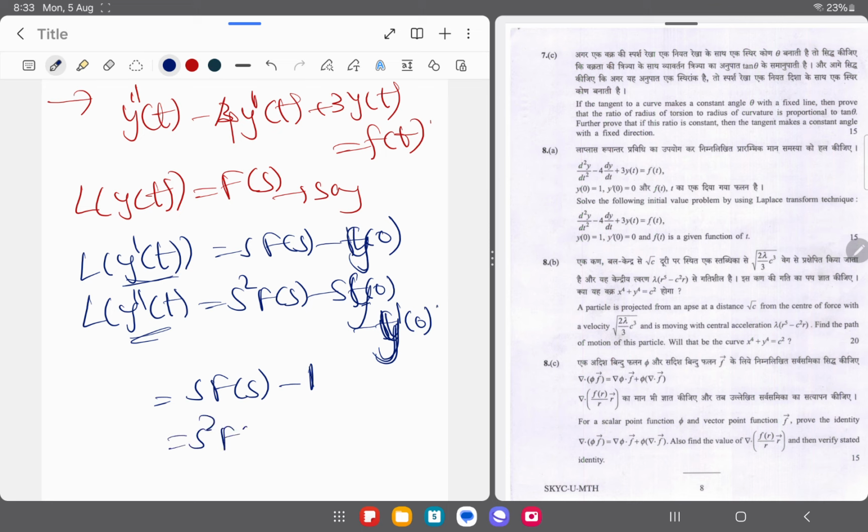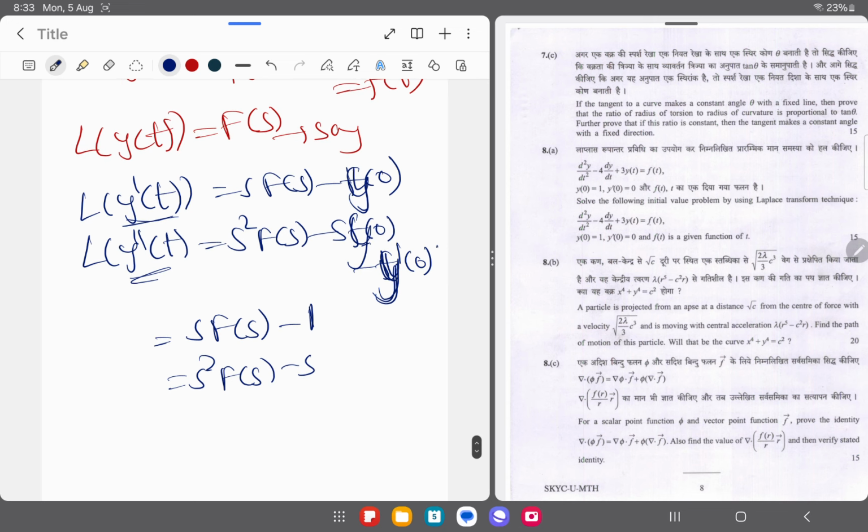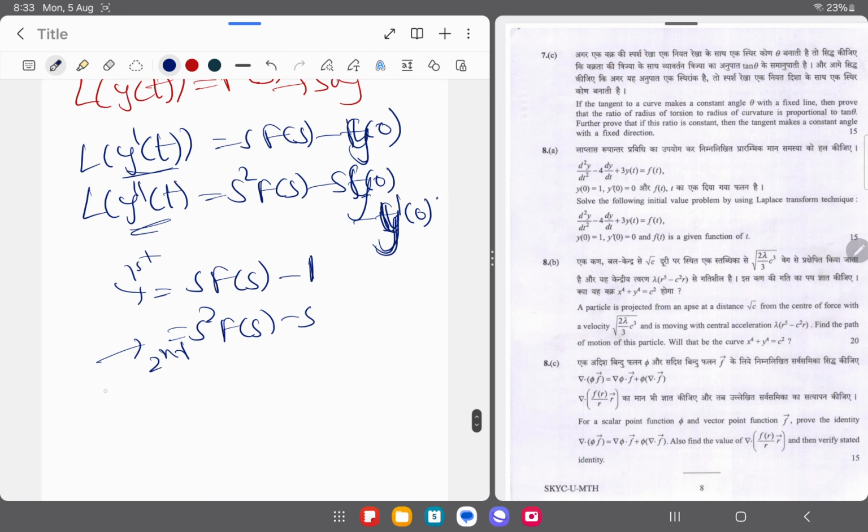So it is s square into f of s minus s. This is for second derivative, this is for first, right? S square into f of s minus s minus 4s f of s plus 4